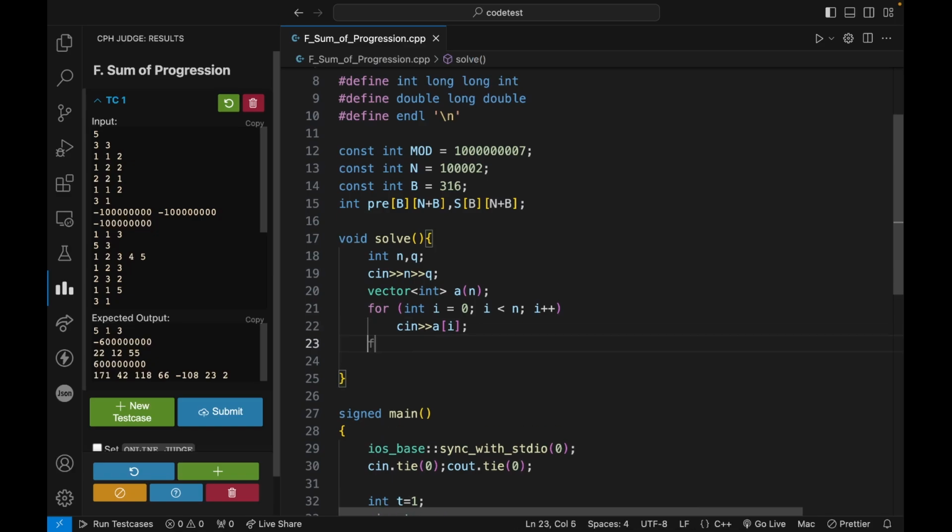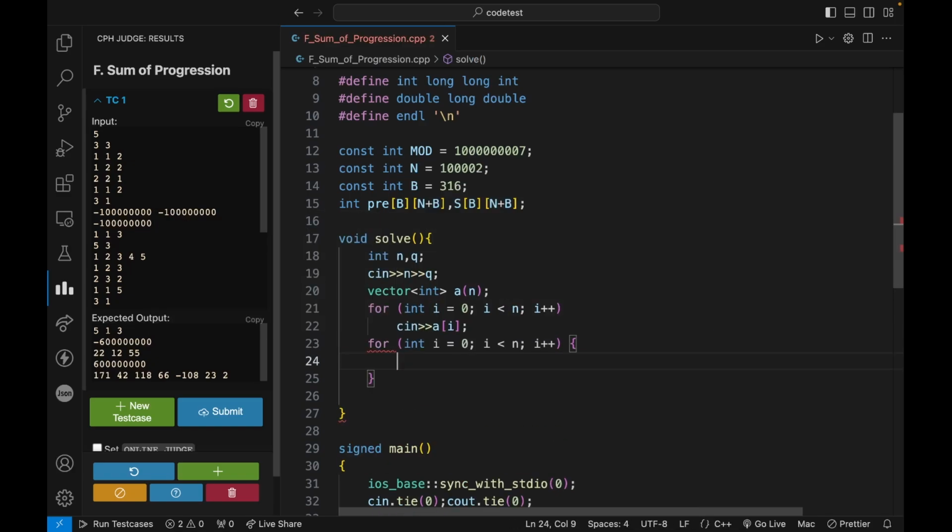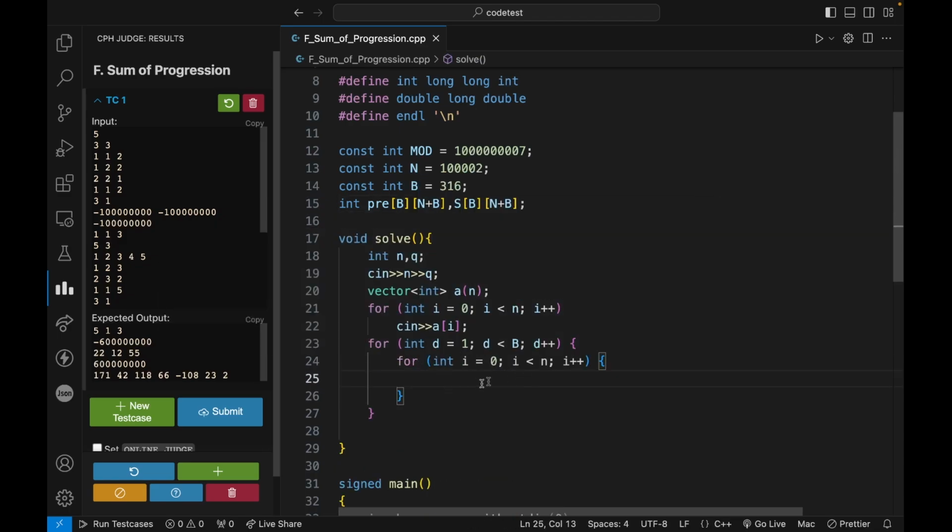And now for every difference, starting from d equals to 1 till d less than b, right? I will have to pre-calculate the value of prefix sum and this s value also. So for I from 0 to n,